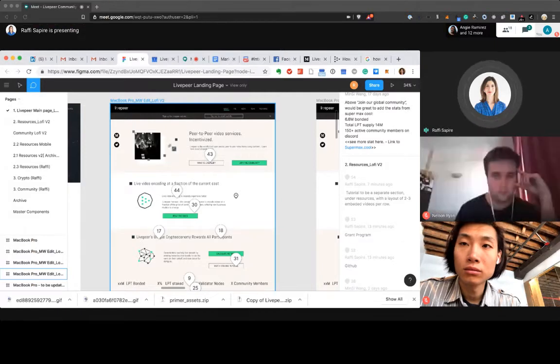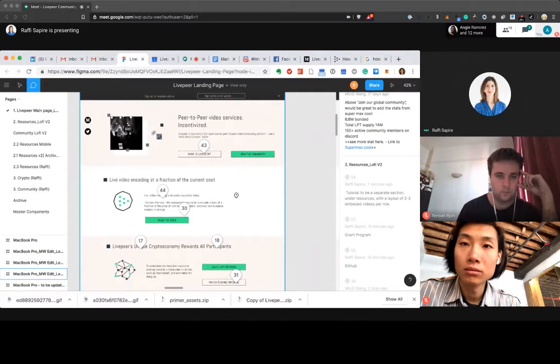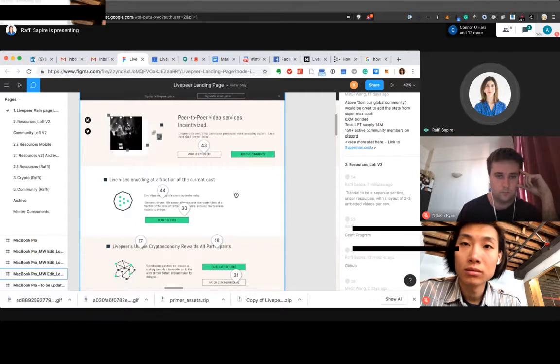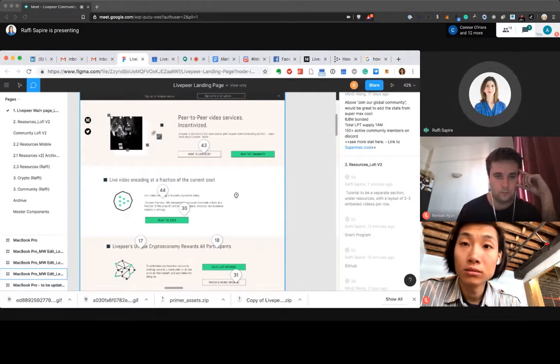So when you come to the site, the first resource is going to be a Livepeer 101. It's going to be this awesome primer that we're going to share out next week that Adam's built. And then the other call to action is